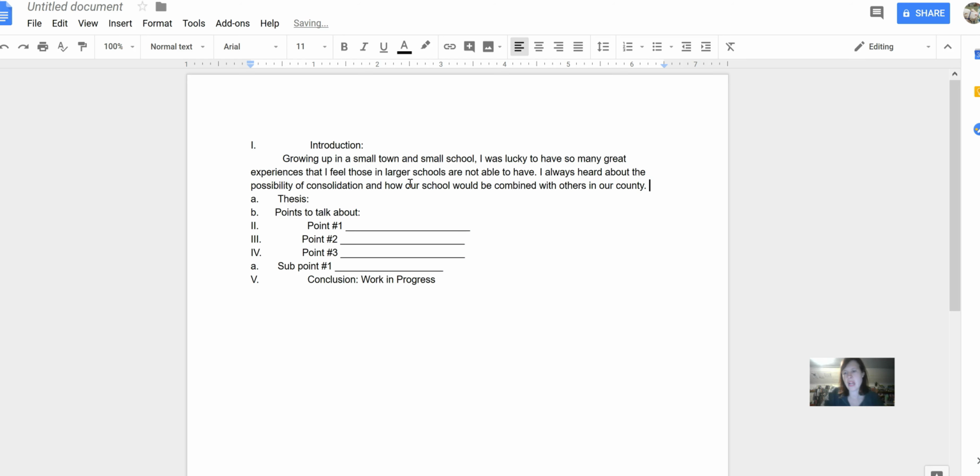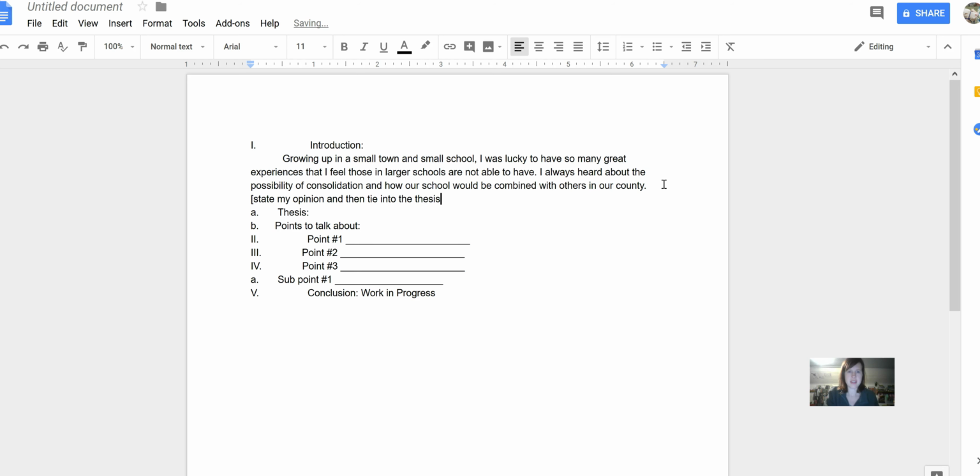And then what I would do is, and I'm going to give you just this little work in progress thing here, I would state my opinion and then tie into the thesis. So this thing in the brackets is just a note to myself of what to do next. So my thesis for my cause and effect paper would be